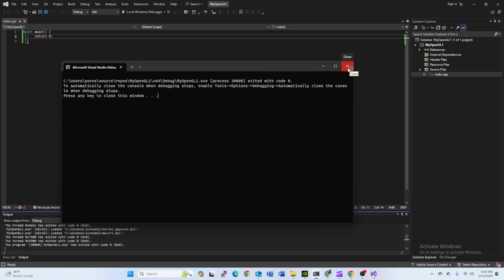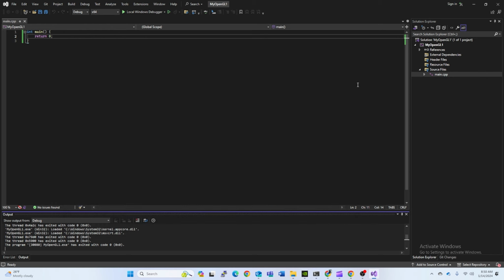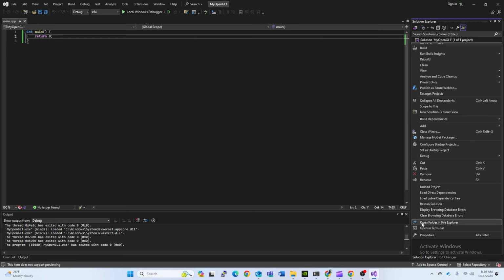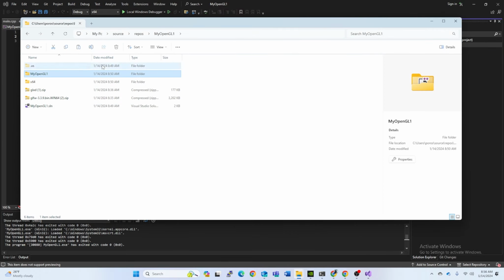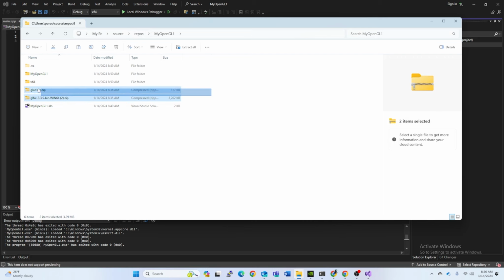And now we have to install our OpenGL libraries or set them up. In order to do that, we need to know where our project files are located. So we can go to Solution Explorer, right click here and open folder in File Explorer. Click on that. Then we're gonna have the project folder open. If I go to my repositories, you can see my project files, and I copied these two libraries that I downloaded. The zip files are here,